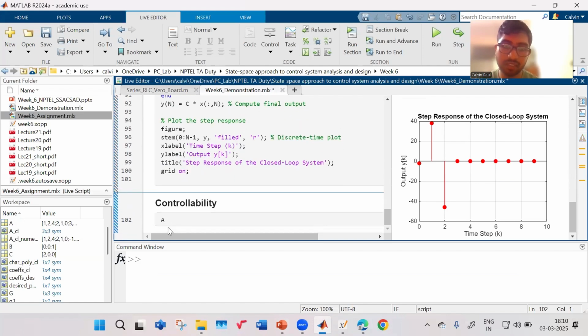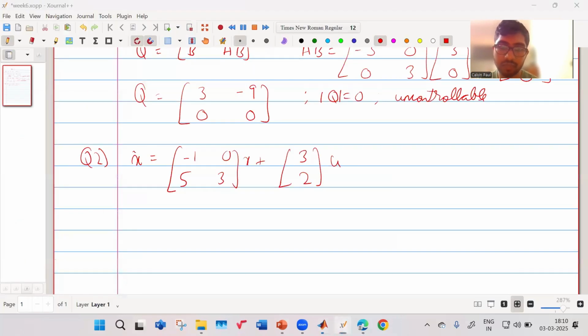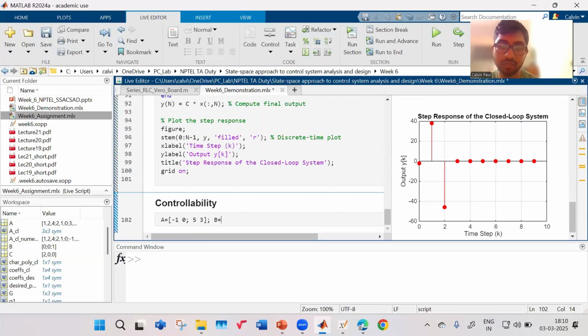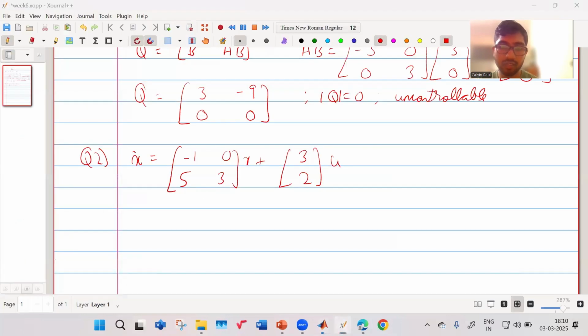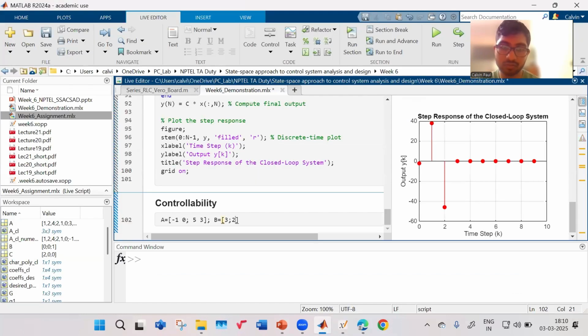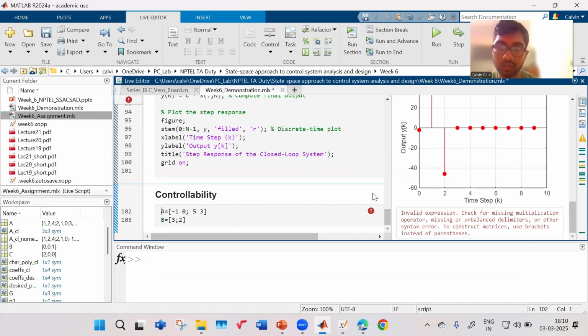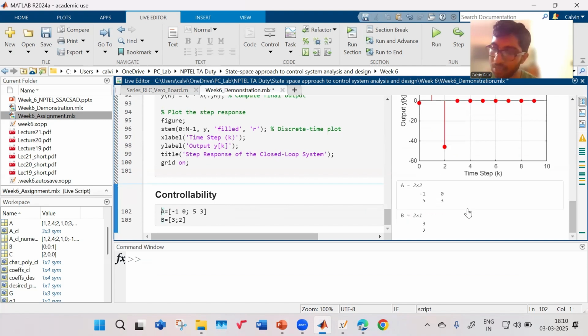I'll put the A matrix, which is minus 1, 0, minus 1, 0, 5, and 3. This is the A matrix, and this is the B matrix: 3, 2, 3, 2. So we run this section. Okay. This is the A matrix, this is the B matrix, and there's a simple command